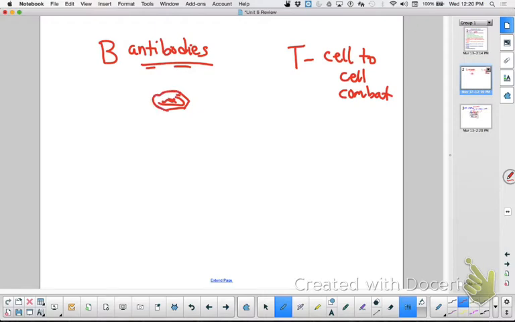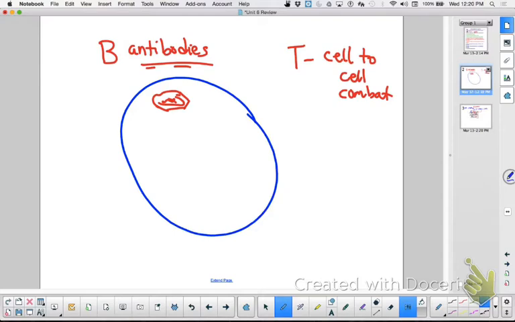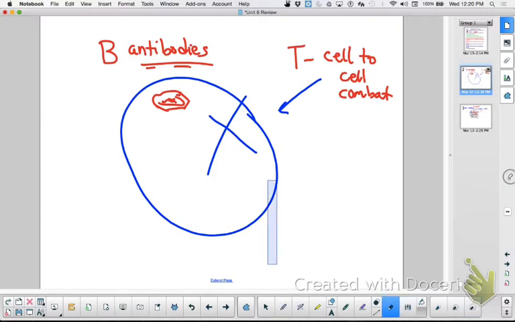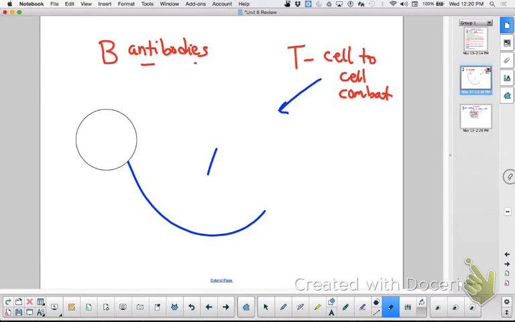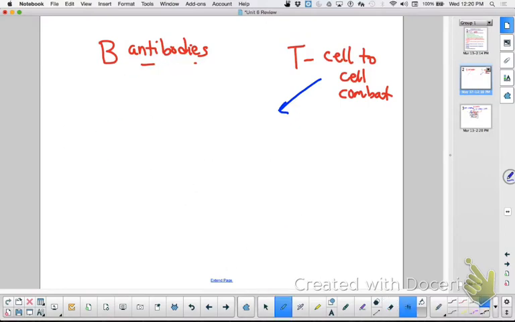Then the other issue you have is when your own cells have a virus within them. And that's when the T cells come along and then they'll kill that cell because it's harboring that terrorist inside. So two ways to take care of infections, B cells and T cells. Now, we want to remember that B cells will come into contact specifically with that virus,